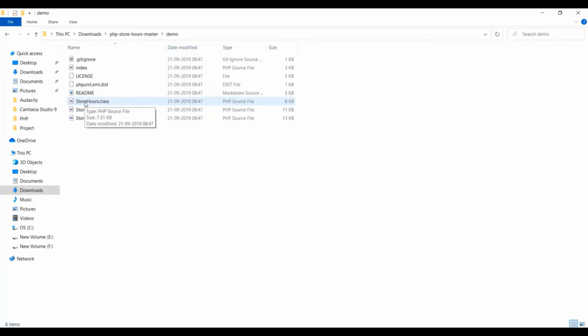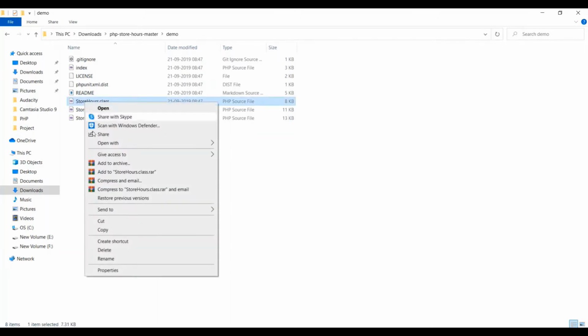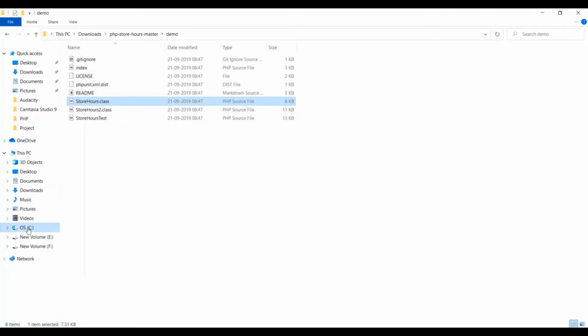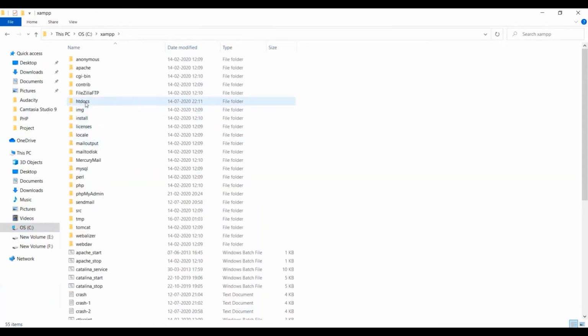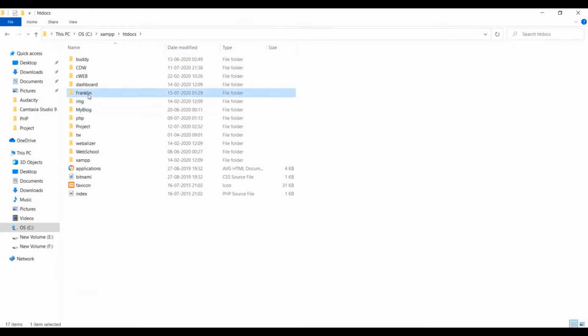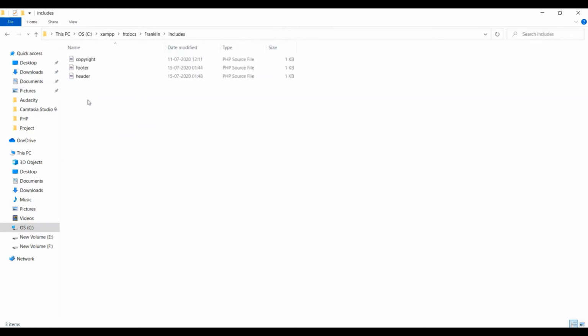I'm just going to copy this file and paste it in the project that you have created in xampp, then htdocs, then Franklin, in my include folder. So here I'm going to paste this. This file is copied over here.